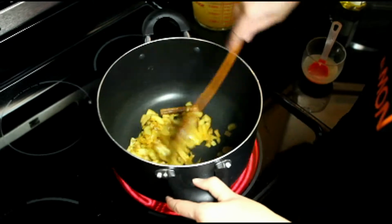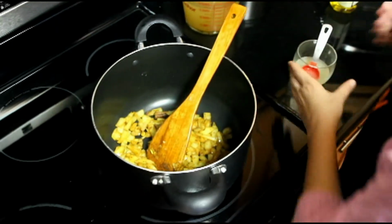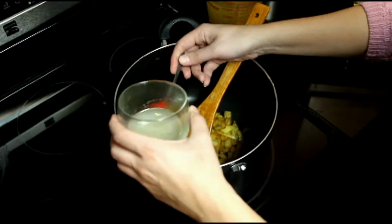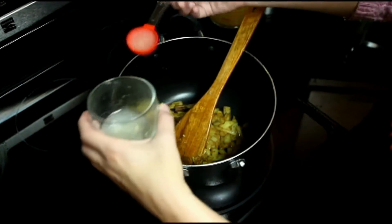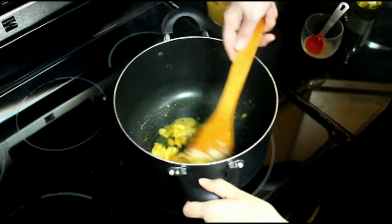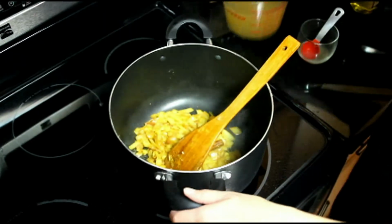Onions are sauteed with all the ingredients, and now we will add the ingredient that we forgot to mention, and that is fresh squeezed lemon juice, and we will add 3 tablespoons, and we'll keep 2 for later, so it's a total of 5 tablespoons of lemon juice. So we mix everything together. We'll add the chicken broth,